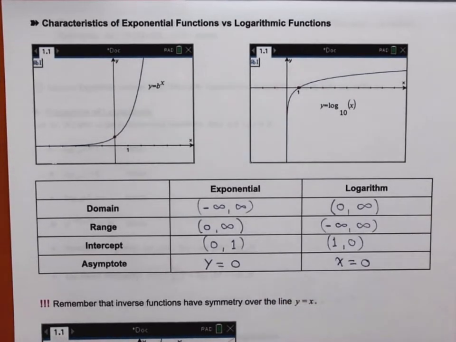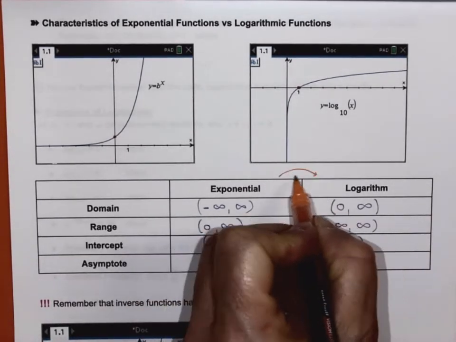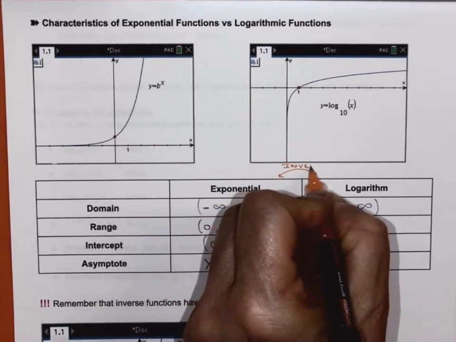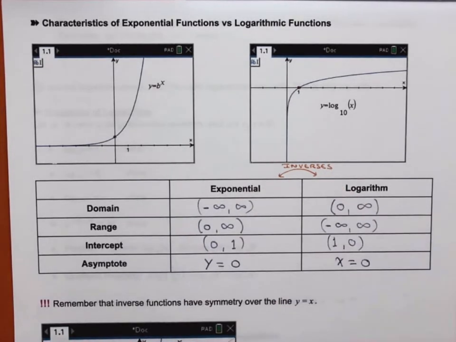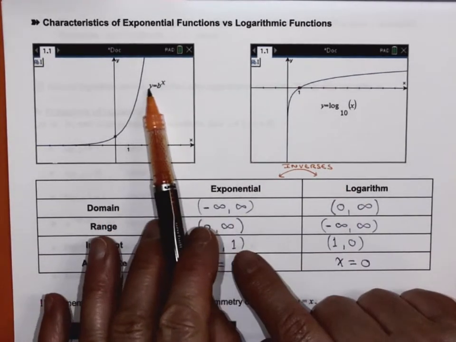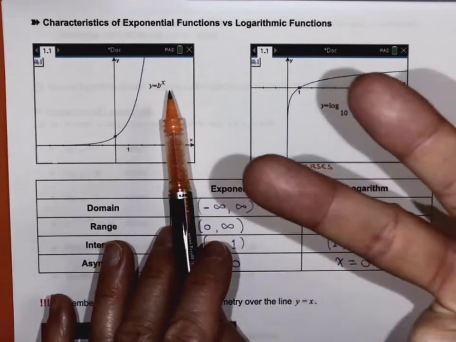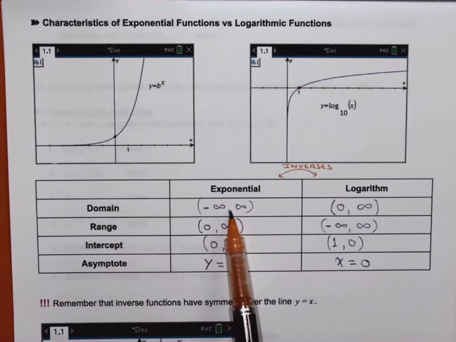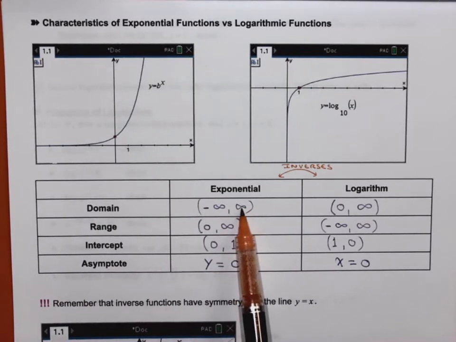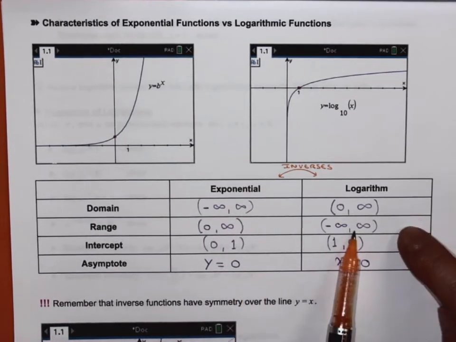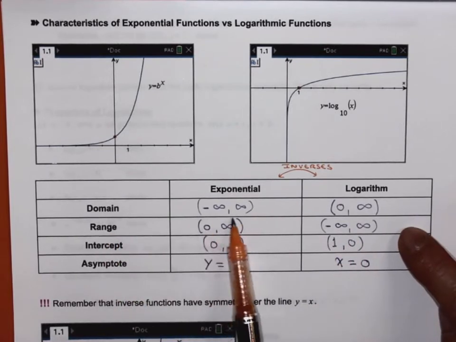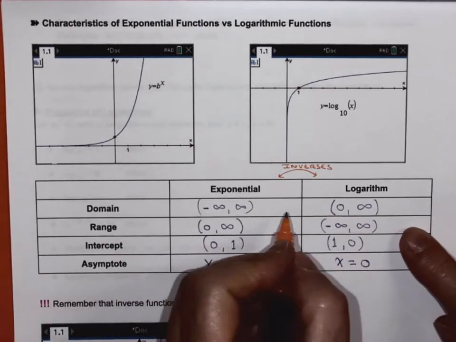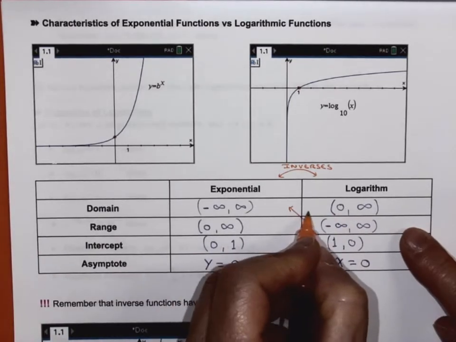And now, attention, attention. Remember I said those two, what are they for each other? They are inverses for each other. And remember, how do we find an inverse from an equation? We switch x and y, right? Switch x and y. So if this is my domain, those are my x's, they become the y's for the logarithm. If this is my range, those are my y's, they become the x's for the logarithm. So you see how those just have been switched,